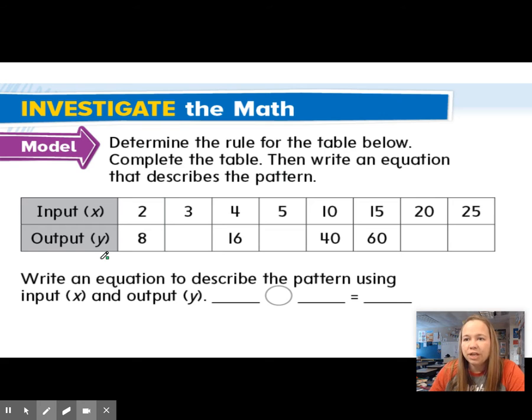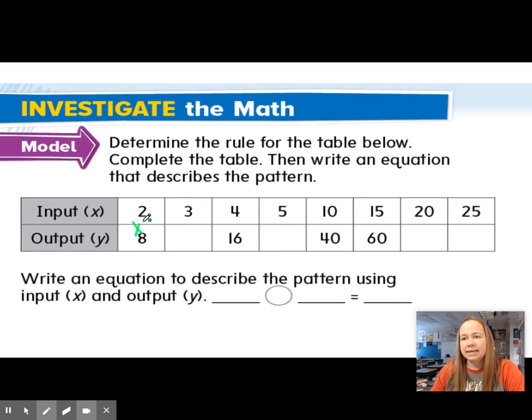So we have our input and our output. Remember yesterday we talked about the input-output machine. So we put in X, and then something happens, and out comes Y. Same thing, but this is in table form. So we input a 2 and out comes an 8. What happened in the middle to that 2? Well, we could say plus 6, but remember we're doing multiplication and division today, so I'm going to go with